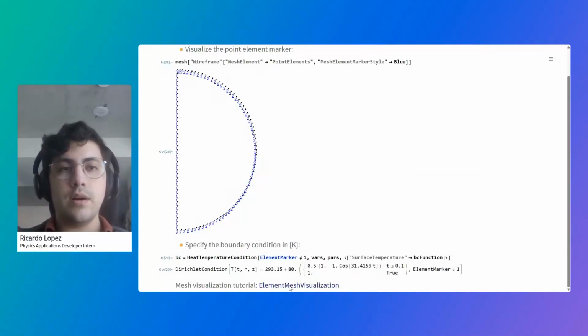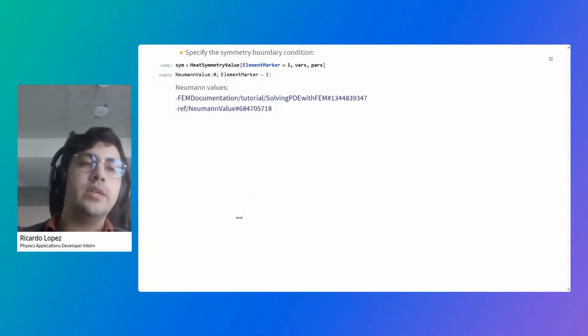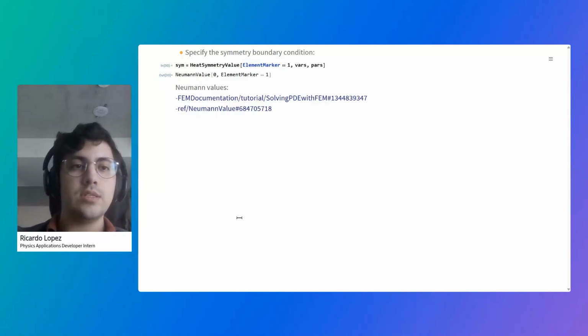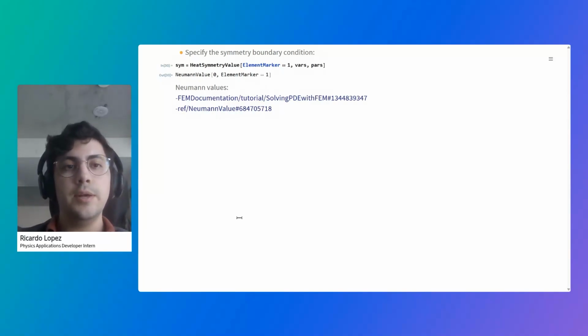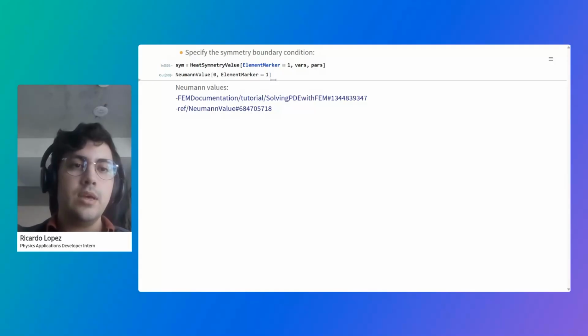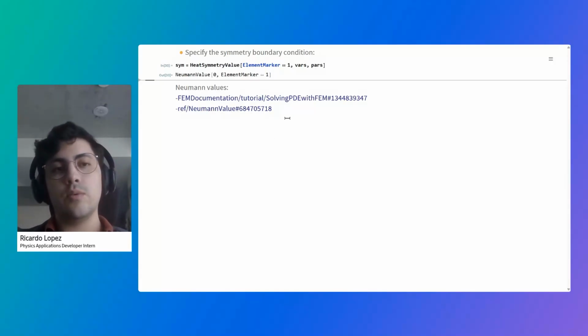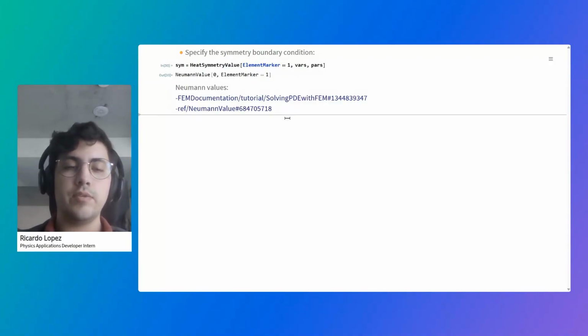And if you're curious of how to visualize this mesh, you can look to this tutorial here that is linked here. And we also need a symmetry boundary condition because this is an axial symmetric model. And we do that with heat symmetry value. And that basically returns a Neumann zero value, but in this case, where the element marker is equal to 1, okay? If you need a refresher on Neumann values, you can click these 2 links, and that will explain to you what's a Neumann value and how to use it and why to use it in the finite element method